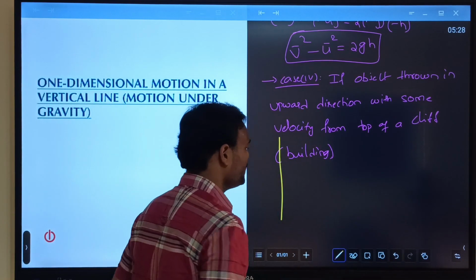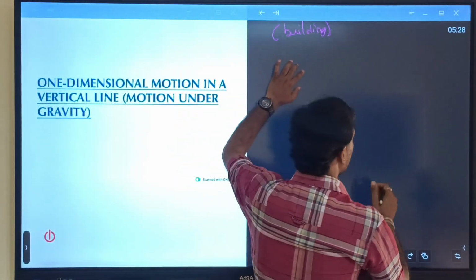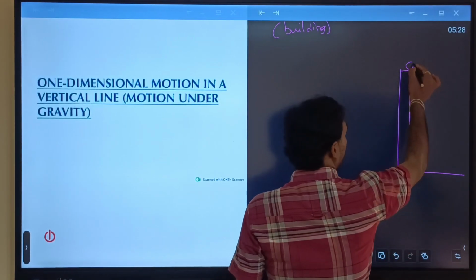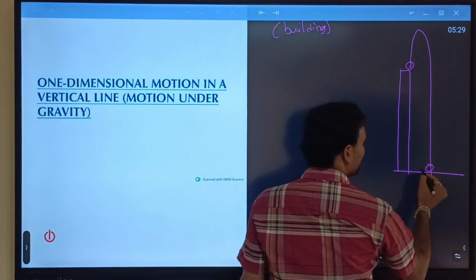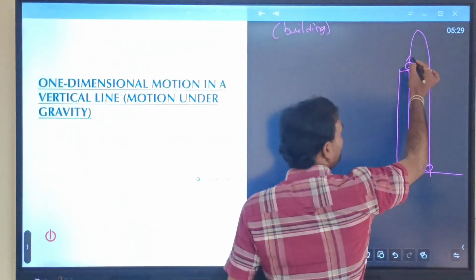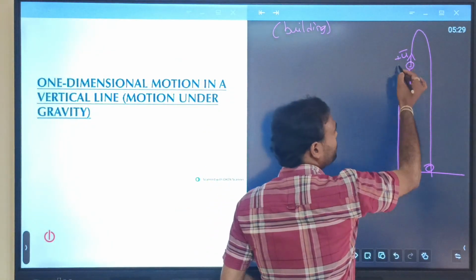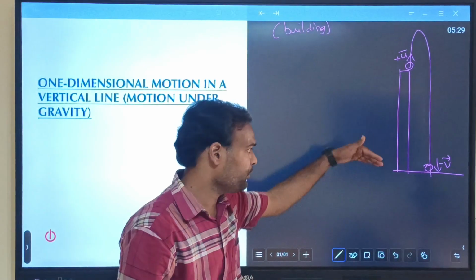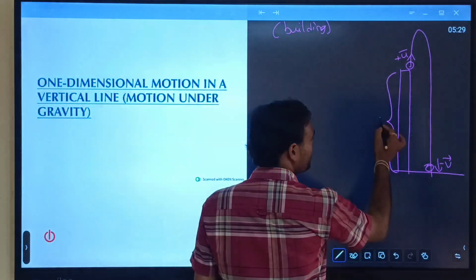How will the uniformly accelerated motion equations vary or change when we are throwing an object from the top of the cliff? That means this is the top of the cliff, this is the object, right? And here I am throwing this object in the upward direction and it is falling at this point. See, initially I am throwing the object in the upward direction, so the u value will be positive, and when it reaches here, the velocity will be negative, minus v, right? Then the height of the building is h,